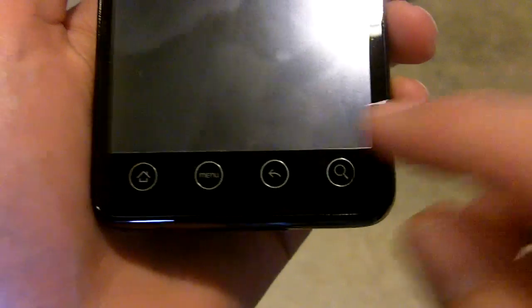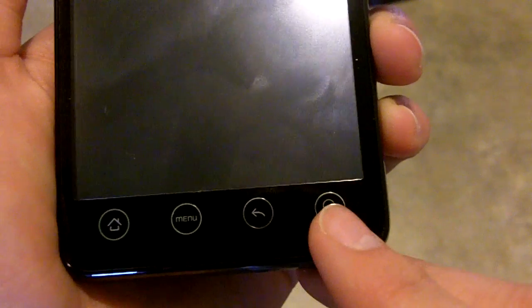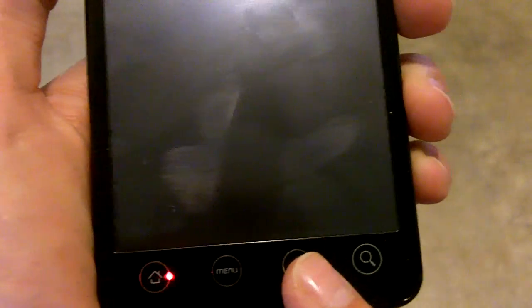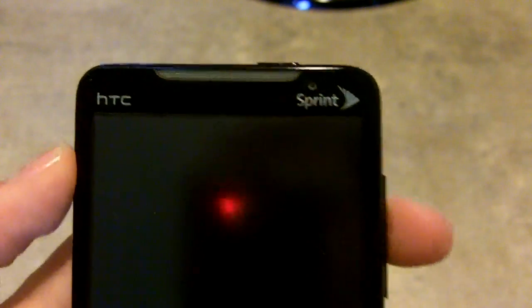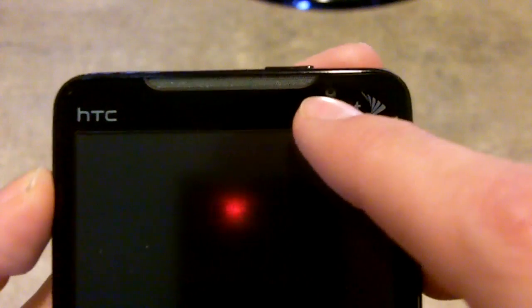Yeah, and then I guess we'll review just the hardware right now. We got, as you can see, I'll just put that in the macro. We got the home button, menu button, back button, and a search button. So the phone is big enough to support 4 buttons on here, which is really nice. You got your 4.3 inch screen on the top here, HTC Sprint. You got a 1.3 megapixel